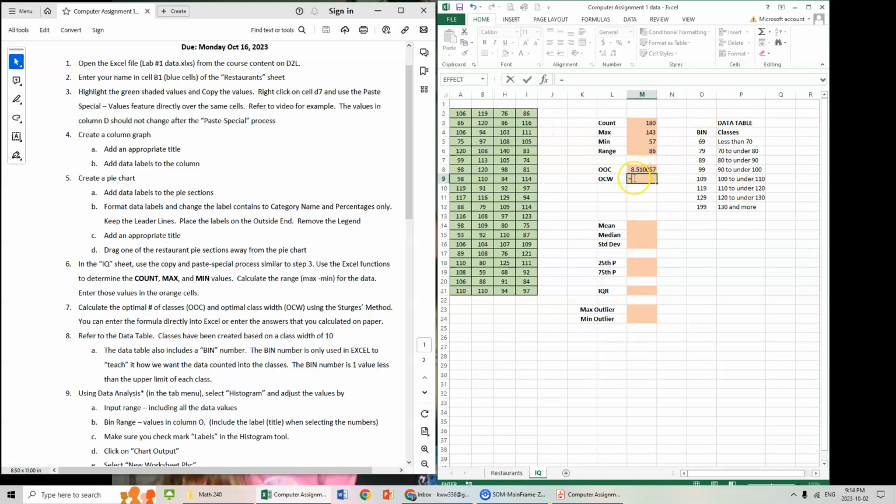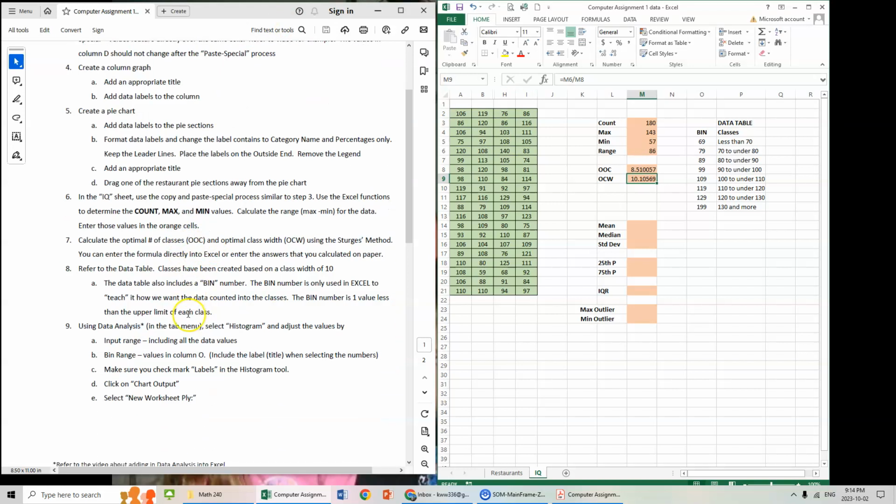So the OCW, the optimal class width, is the range divided by that OOC number, and our optimal class width is 10.1. So regardless of what your class width is, it's going to be something close to 10. We are going to use a class width of 10. So down in